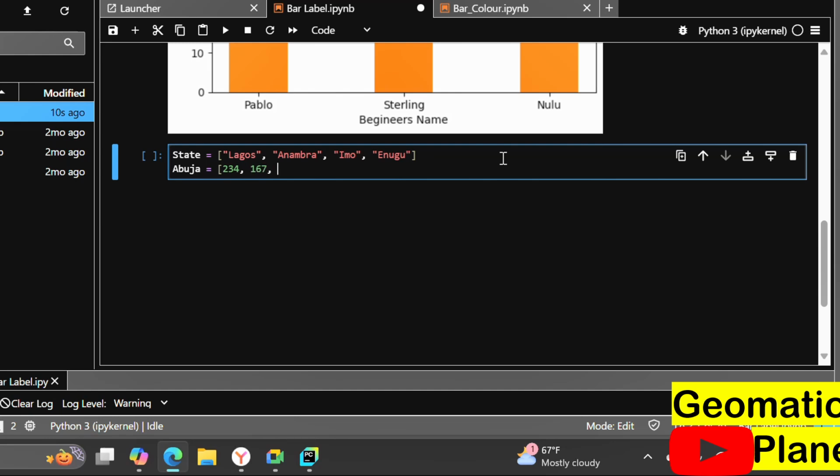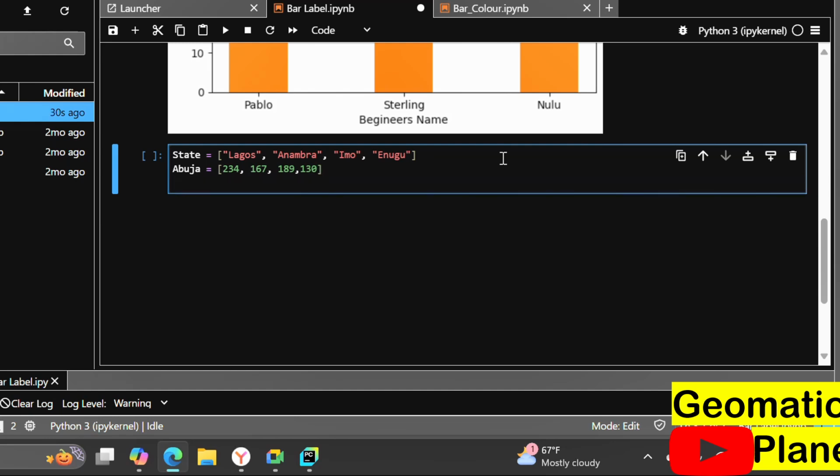The distance from Abuja to Imo is almost the same thing, so let's say 180, and then the distance from Abuja to Enugu, let's say 130. Now when you have this and you want to represent them, let's quickly make a plot, and in the plot,